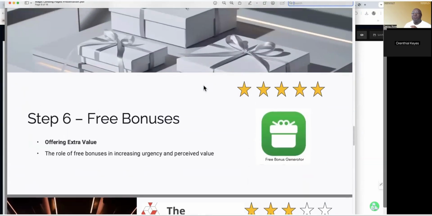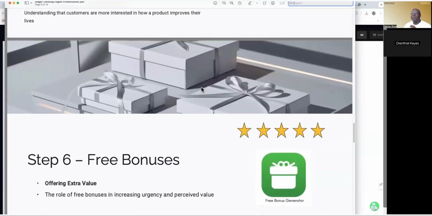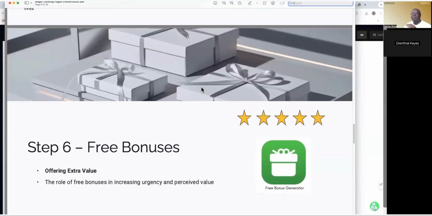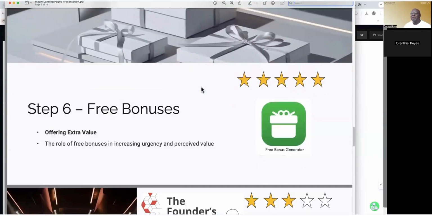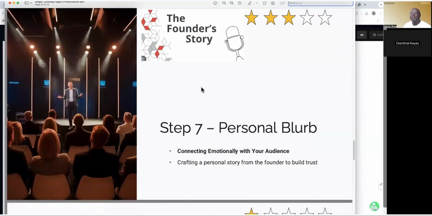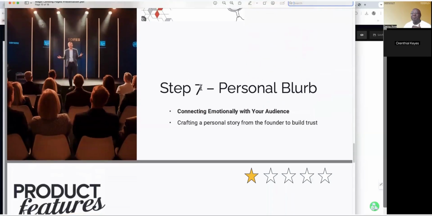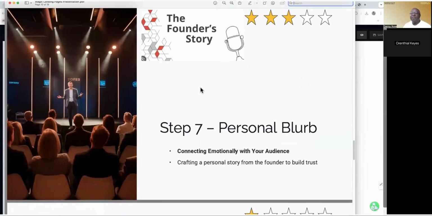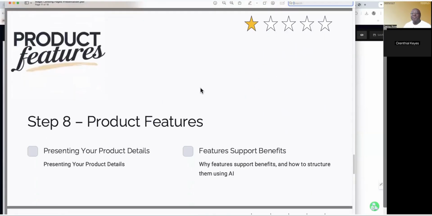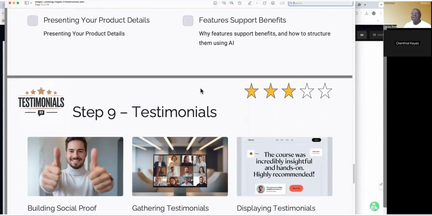And we are going to work on some free bonuses later on, once they sign up. We created an outline of one already, and then we're going to work on actually making it. And the free bonus we came up with was an ebook about family event planning. We have that in the works, and we're going to finish that up later on. We have created a basic personal blurb about the owner. You do want to have some person, you want to relate to your visitors and users. We have some essential product features, and we're going to build out that whole section. And we're going to build out